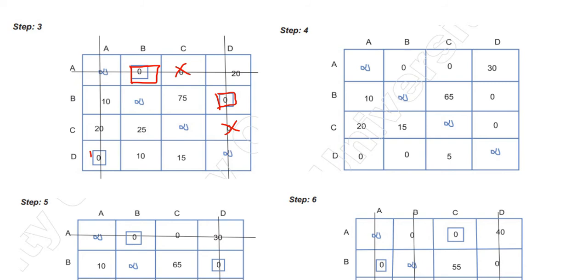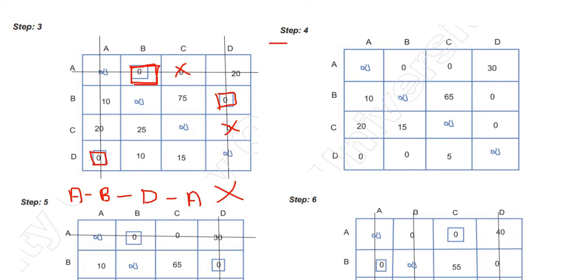And third, we do not have any 0. And in fourth column or fourth row, we have 0. So here if we see, while we travel the box which we have marked, if we travel from A to B, and here B is traveling to D, and D is traveling back to A. But the city C is left unvisited, therefore you cannot consider this.